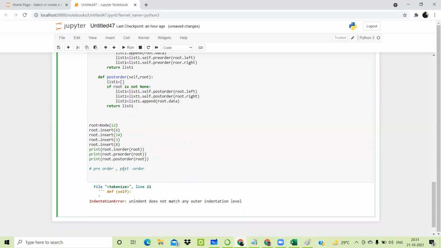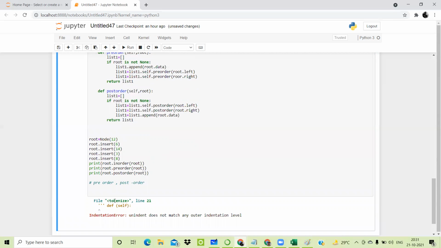Indentation. Print. Root of post order. Line number 21.